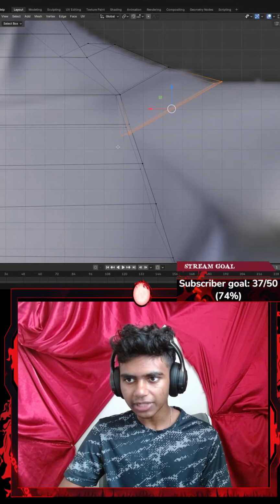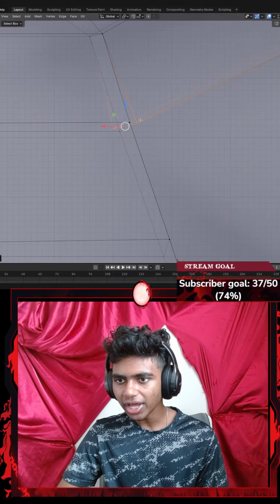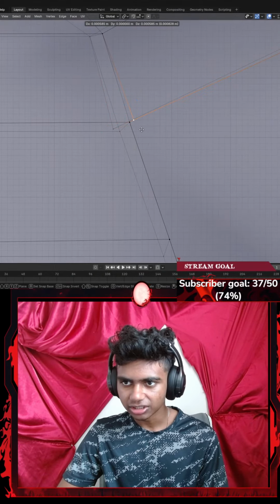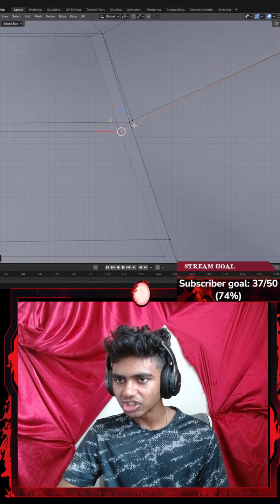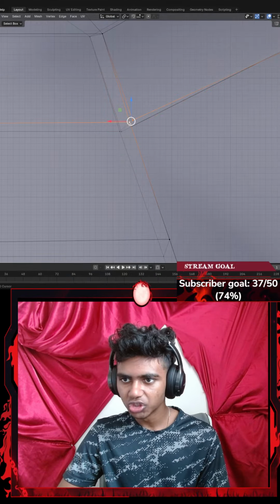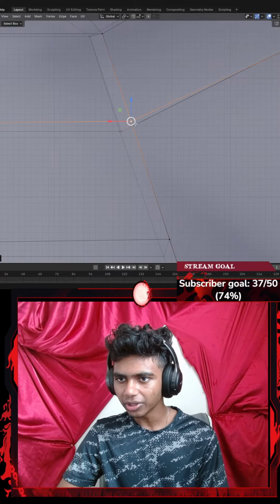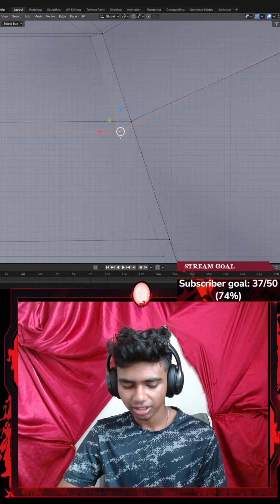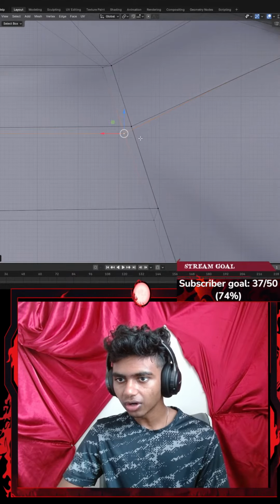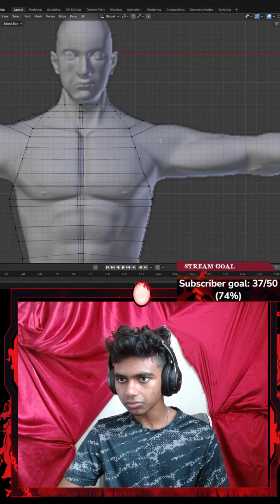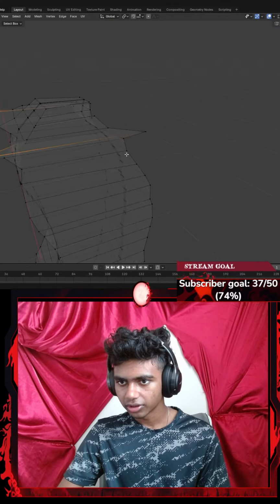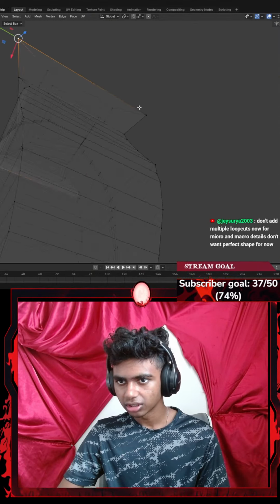Let's go all the way there. Let's select that part. Go with something like G and just get it a bit here. Okay, now here's the thing. I wanna actually merge this at center, so I might get that there, get that there. Okay, I've never tried this before, with two different vertices. So if I hit M and go with that center, it does work. There we go, guys. This could potentially be a game changer right here. There. They're both merged at center.